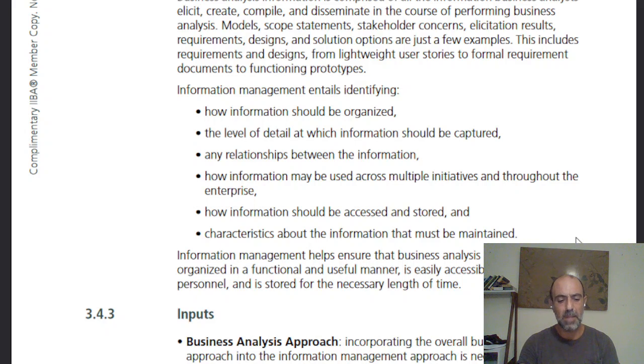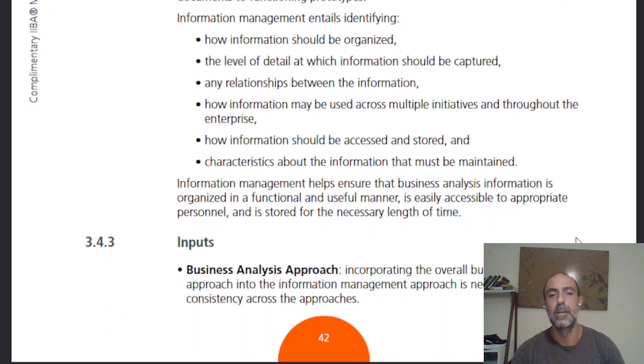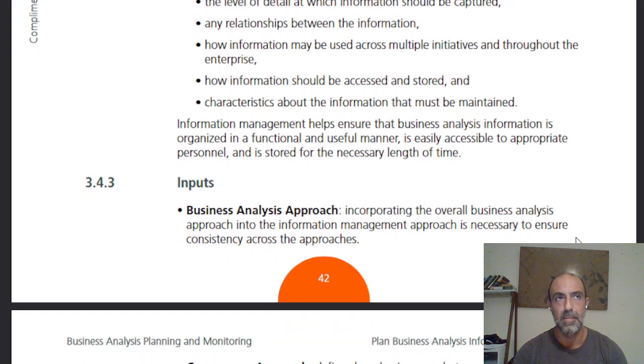Yeah, you dictate. That's you basically saying this information is useful for A, B, C, D, and E. What's the point of it if it's not going to be used anywhere? How information should be accessed and stored also makes sense because the first thing that came to mind is some people would need access to this information and some people would have privileged access to this information. That's kind of a thing. Characteristics about the information that must be maintained. Exactly, characteristics of the information. I like that